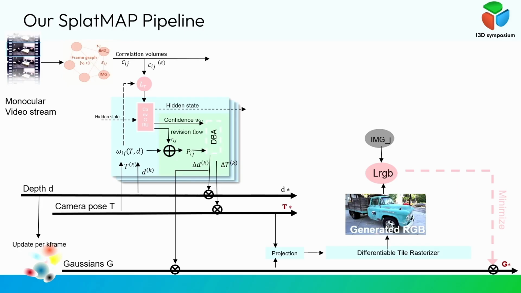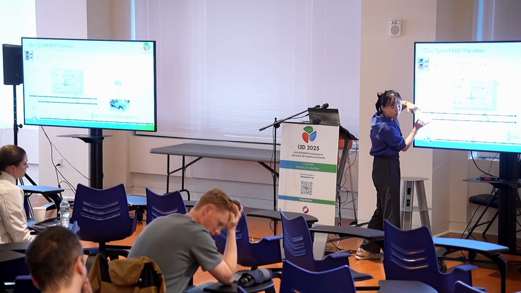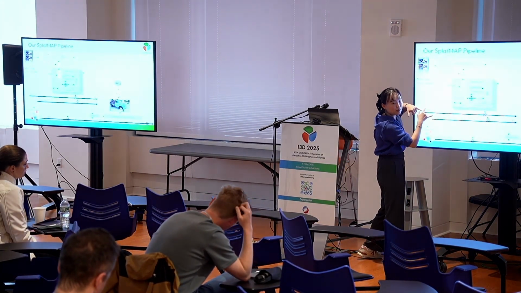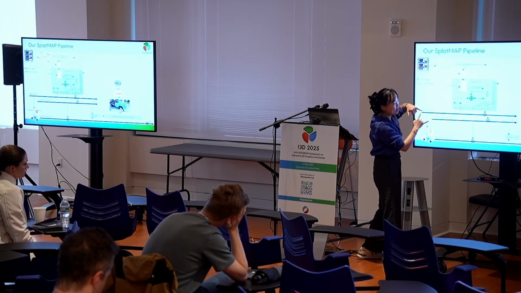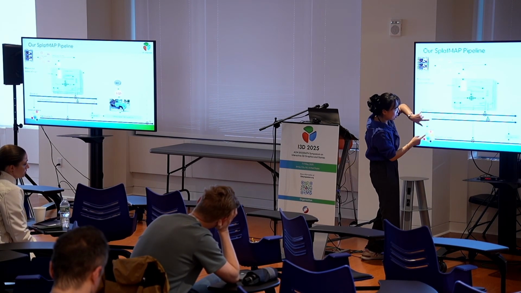So we could use the convolutional GRU to learn how to modify, how to reverse this flow, and modify the estimated depth and camera pose. This part will make sure this is more accurate, and if this is more accurate, then for the following matching part, because matching